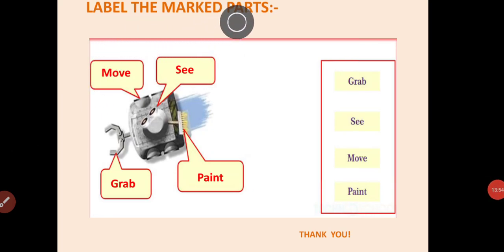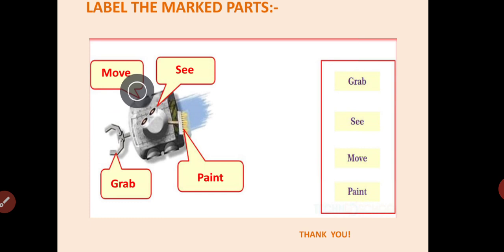Label the marked parts. Children, the parts are given on the right side. Here the boxes will be given empty. We have to see the correct answer and type it in the corresponding boxes. Is that clear? So the first one, by seeing the symbol you have to type the correct one in the box.